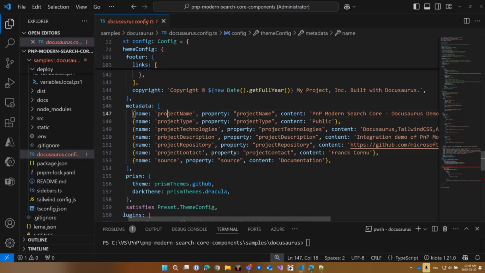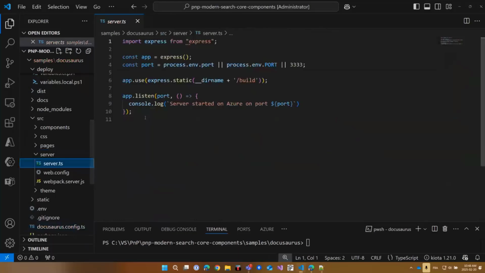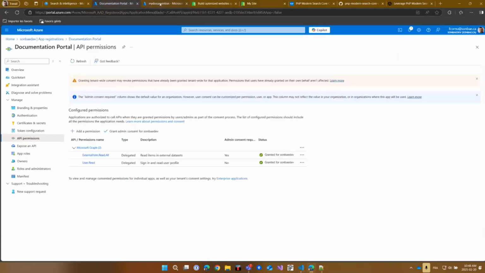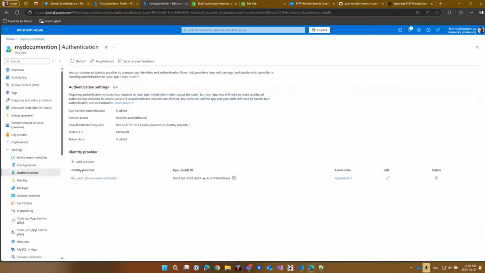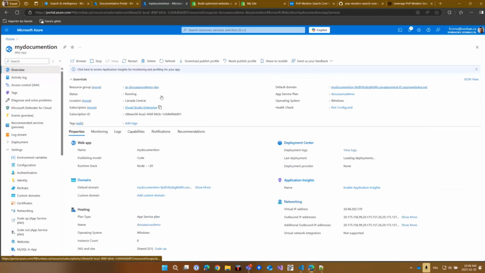You just upload your artifact in a blob container. Basically, it works. But in my case, I'm using a dummy web server to serve those things. So if you go there, you will see a dummy web server and a webpack config just to serve the pages from an Azure app service. So if I go on the Azure side, I have an app service created, so a basic app service there, where I can deploy my application, my website, and I will configure the authentication part.